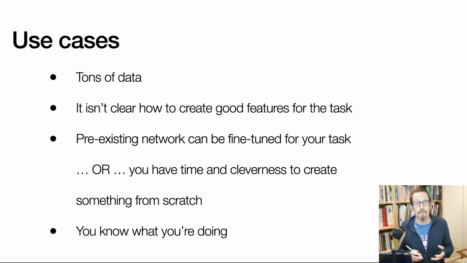There are some deep learning systems that have a two-step process, where there's a big build that takes a lot of energy and time to train, and then there are little fine tunings you can do to hijack it and use it for a particular task. So if there is a pre-existing network that can be fine-tuned for your task, that might be a good use case for deep learning. If somebody else has already done the hard work and made the big network, you just have to take it and twiddle it for a couple of hours on new data. Okay? And always, always, always, if you don't know what you're doing with deep learning, leave it alone. It's a pretty complicated art more than it's a science.